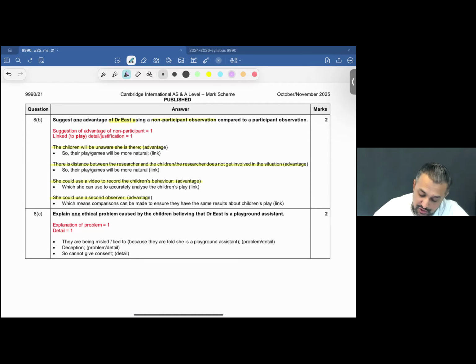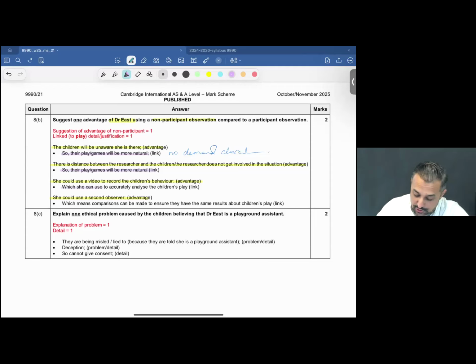So if the children will be unaware she's there, their play games will be more natural and there would be no demand characteristics. If you want, you could write that down. No demand characteristics. So there's distance between the researcher and the children. The researcher does not get involved in the situation, so the play game will be more natural. Again, no demand characteristics. Third possible option, she could use a video to record the children's behavior,